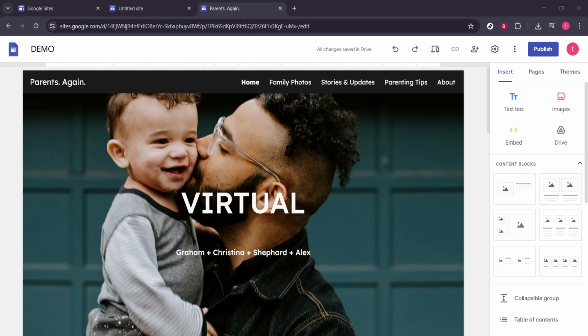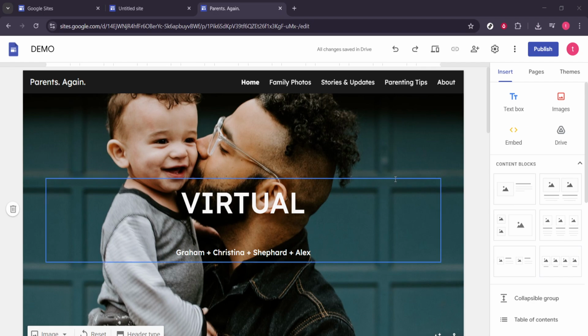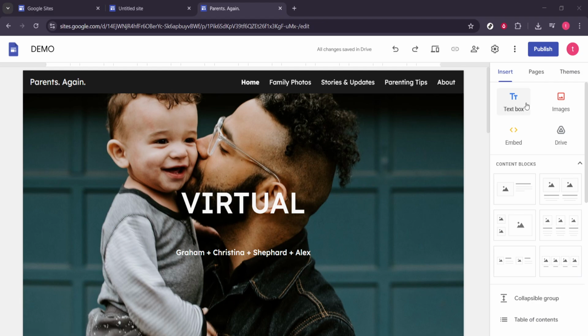First, open your site in Google Sites. Make sure you're signed in to the correct account, then head to your site's editor so you can work in the live builder. If you have multiple sites, pick the one where you want the Contact Us page to live. Give the editor a moment to load. You'll know you're in the right place when you see your site preview in the center and the editing tools